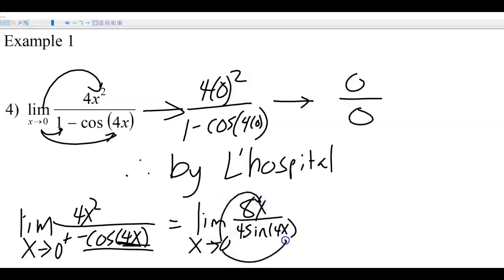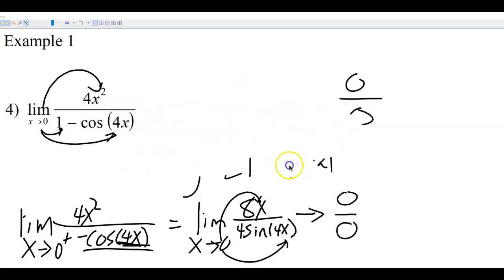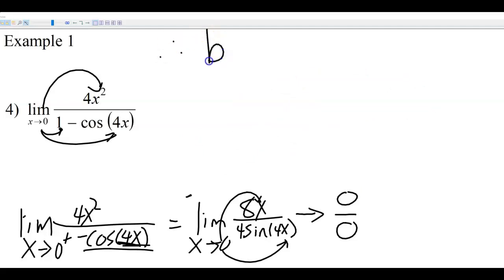And then we're ready for another direct sub. But if I do a direct sub, we're going to get 8 times 0 is 0. And since sine of 0 is 0, we end up with another indeterminate form. So this is one of those situations where we're going to have to do L'Hopital twice, because we got another indeterminate form. So we say, therefore, by L'Hopital, we can say that the limit of this guy